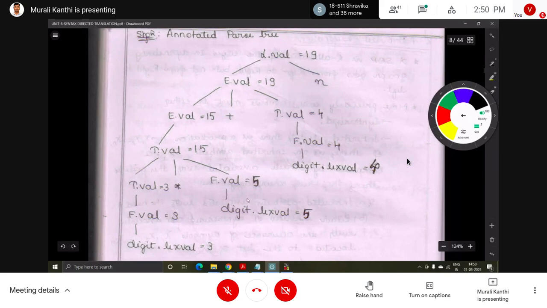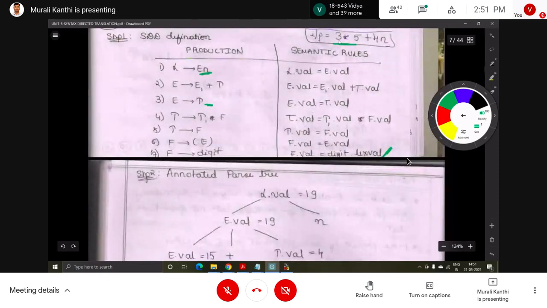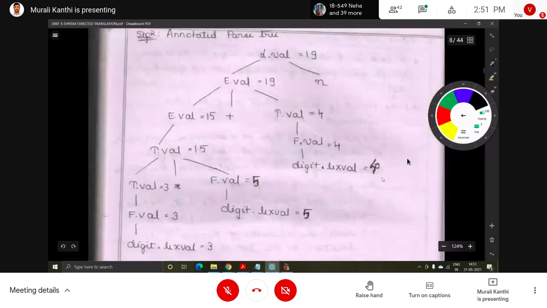Next here, 5: F is taking 5, so perform this operation, 3 into F, 3 into 5, so 15 is the result. Now T is taking the result. Next E is taking this result. Next this side: first go to the bottom leaf node, so 4 is taken. After plus, 4 is there, so take that 4, T is taking the 4, then E performs the operation, addition between these, so the result is 19. Now this final L is taking the result.